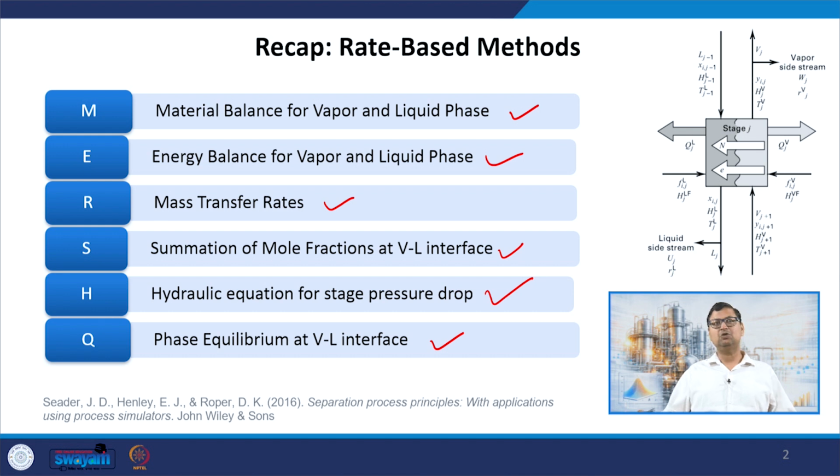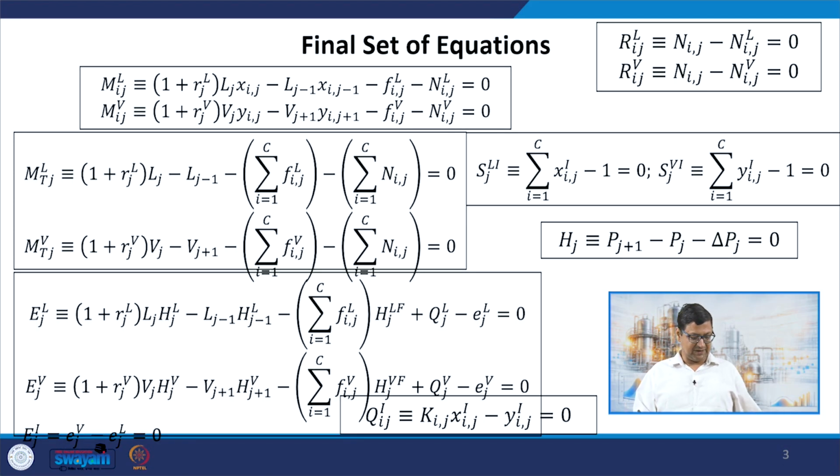Keep in mind that this nomenclature is very different from the MESH equation nomenclature, right. Let us say for example, E referred to phase equilibria in the MESH equations, but now it is referring to the energy balance equations. And we have of course more equations in the rate based method compared to the equilibrium method that we have discussed. Okay, so these were the final set of equations that we had, the M equations